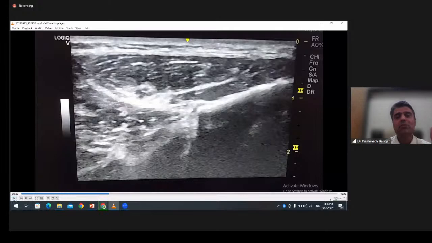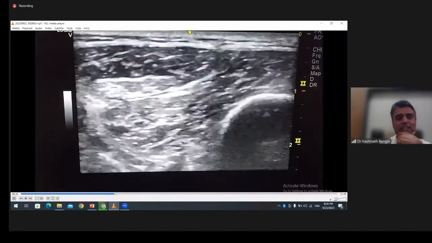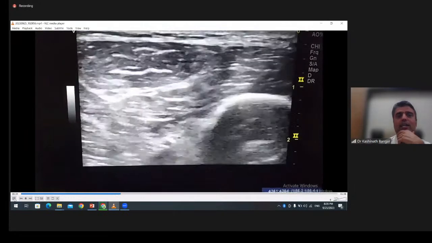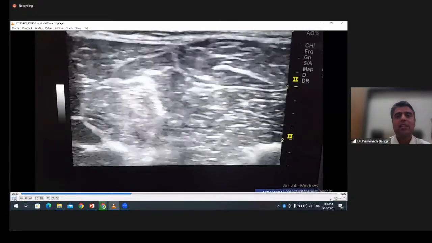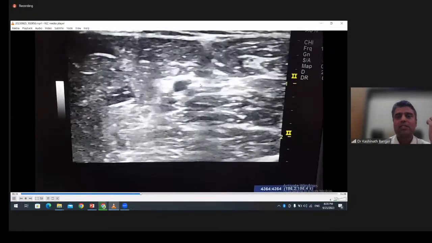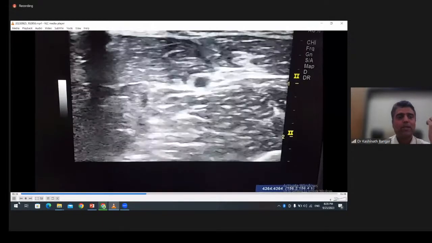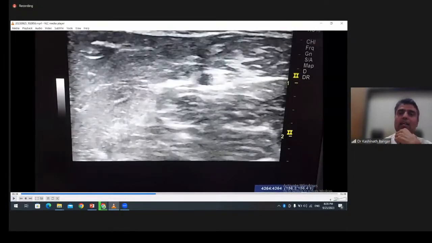Now what happens is, as we go, the ulnar nerve is accompanied by the ulnar artery. I think we can see the ulnar nerve very nicely. And as we go distally, you can see the ulnar nerve is accompanied by the ulnar artery. The ulnar nerve lies medial to the ulnar artery, and they go hand in hand and enter into the Guyon's